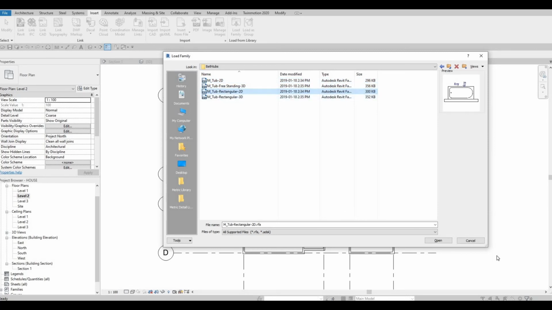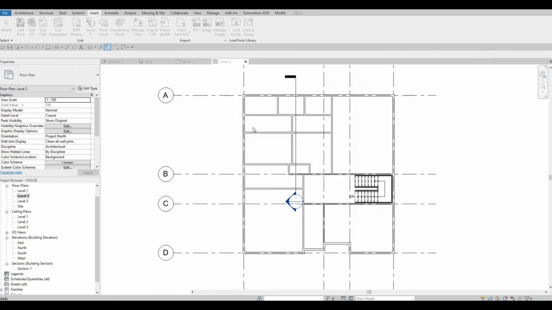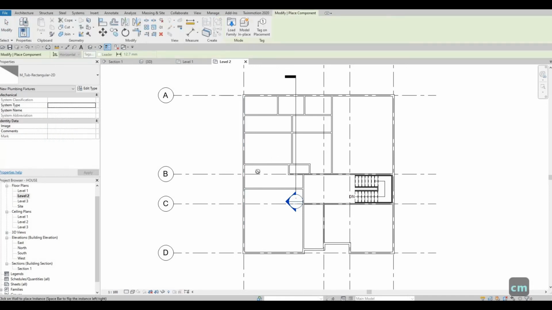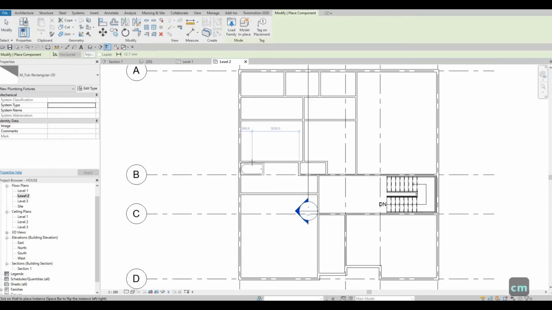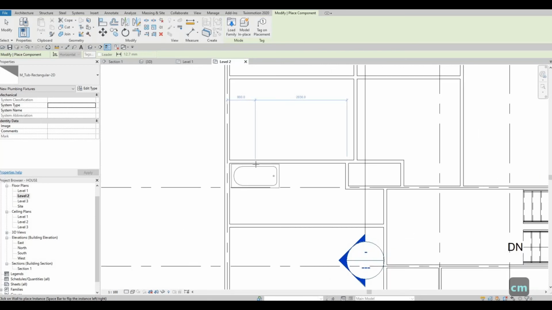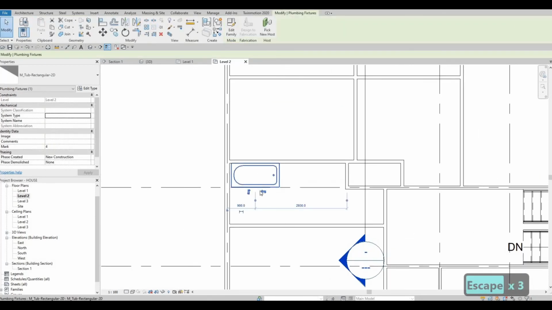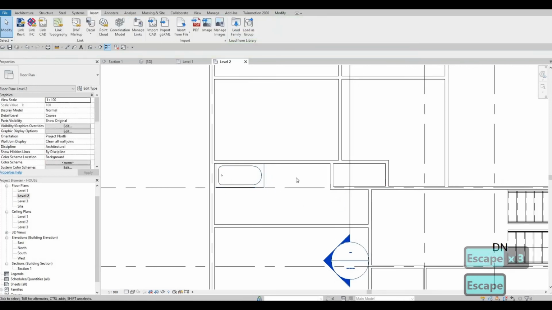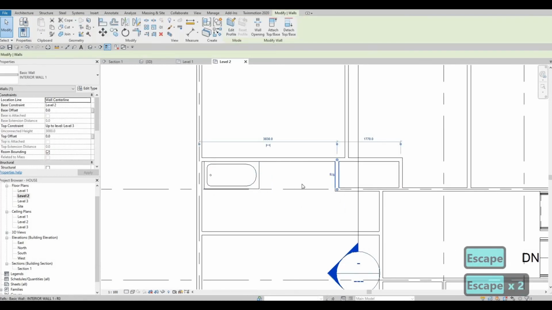Let's add in a 2D, and then that 2D, type in CM, and I'm going to add it right about here. Flip it around like that,